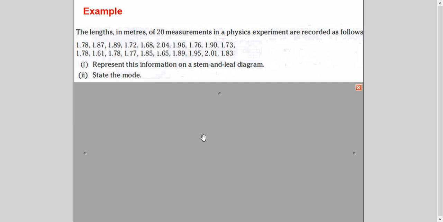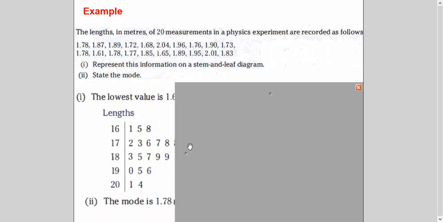Okay. Now why have I taken this example? Because it has decimals in it. So I wanted to tell you, if you have data other than 2-digit data, here in decimals, how will you handle it? How will you represent it in stem and leaf, right? So if you temporarily forget that there is a decimal, it is 178, 187, 189. So most of the data is in the 70s. I mean, if I call it 17, it is not, but I'm just telling you the 2 digits I read as 17. So at a glance, it is 16, 17, 18, 19. Okay, fine. So I have this spread-out data here.